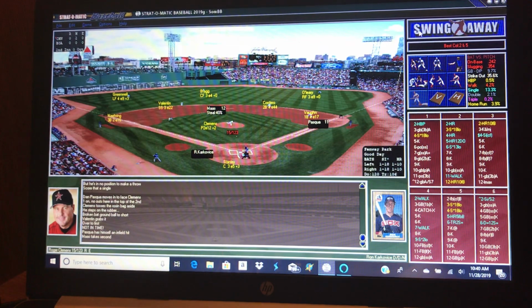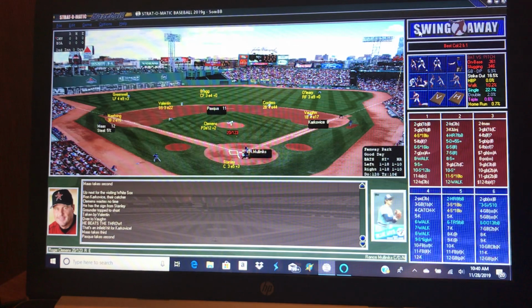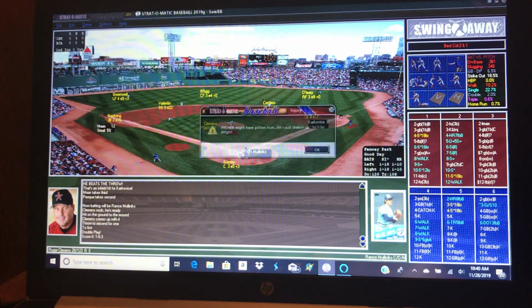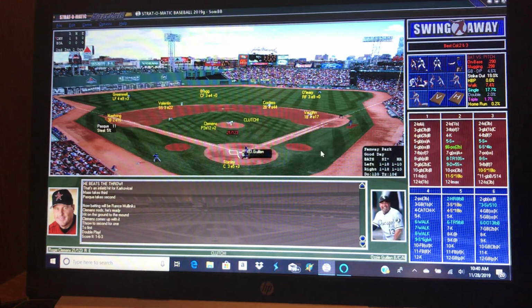So now we've got 2 runners on with no outs, and Ron Karkovice, the catcher, up. That may be a double play. No, he beat the throw. 2 guys, I might add, not very fleet of foot, beat out 2 throws. And so now we have the bases loaded with no outs and Ranee Mulliniks up. Can't ask for much more than that. But he does hit into a double play. However, a run did score, and now there's a runner at third with 2 down and Ozzie Guillen up.